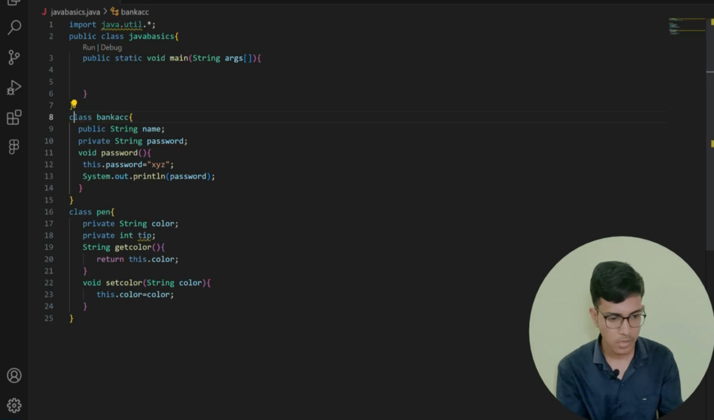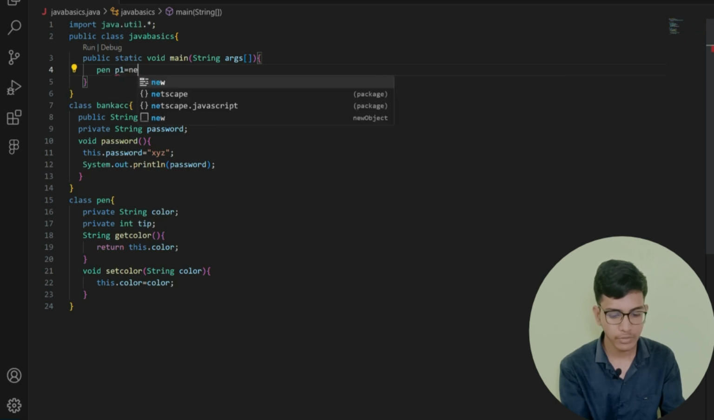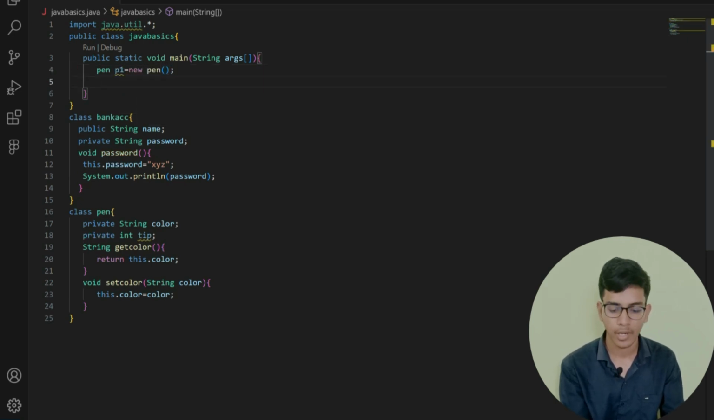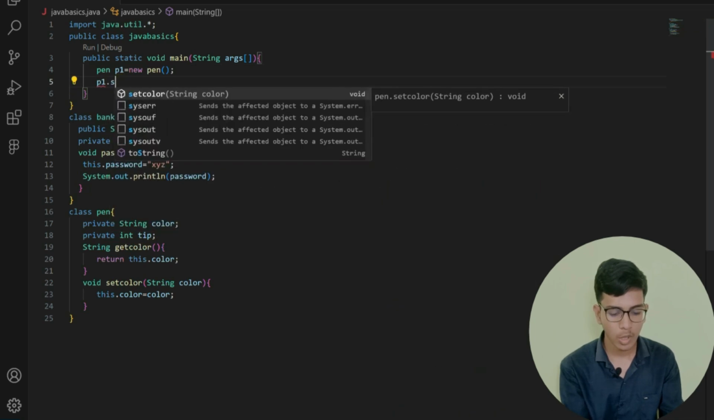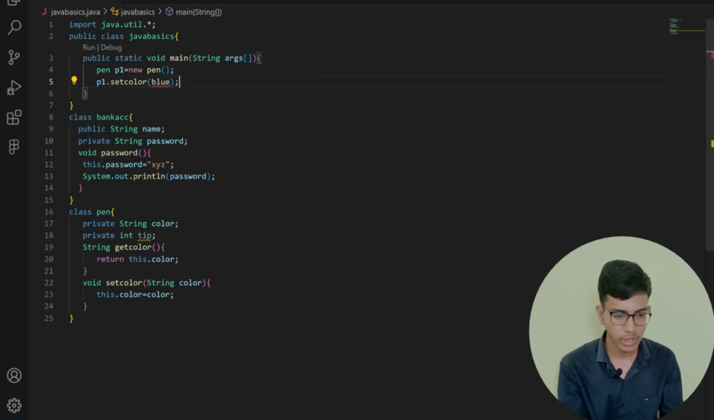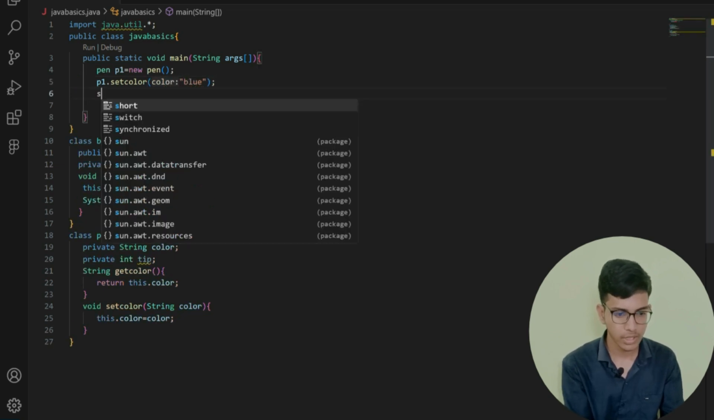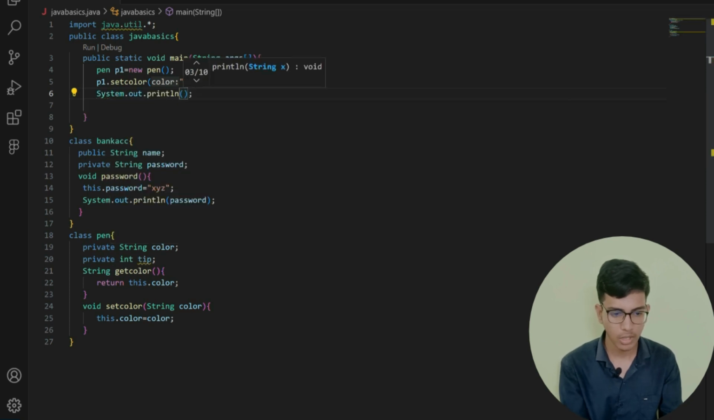Now here I am going to create my object that is pen p1 is equals to new pen. After that I am going to assign p1 dot set color. I am going to pass blue, in the double quotations I should give, right, because it's a string. After that I am printing system dot out dot print, I am printing get color function p1 dot get color,